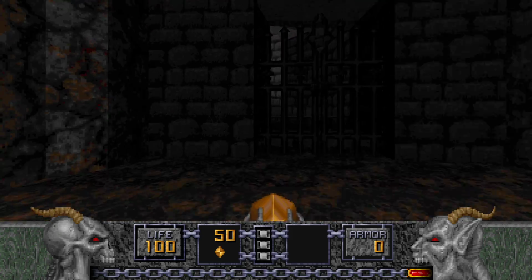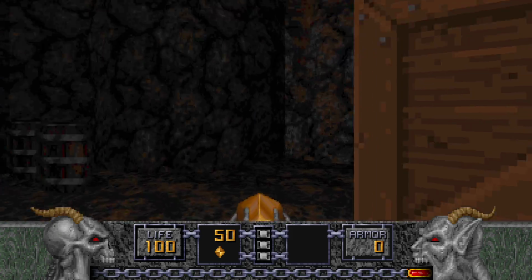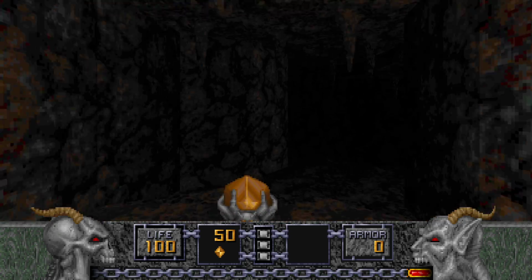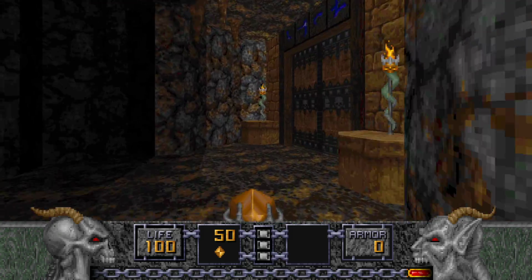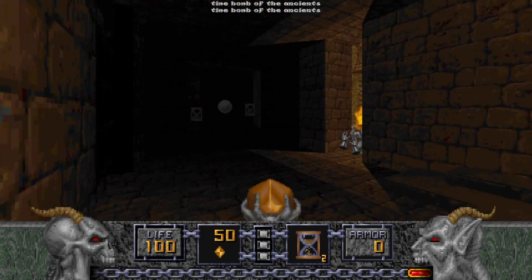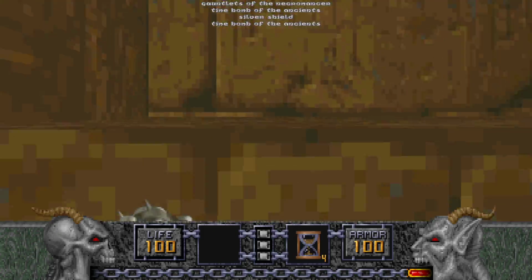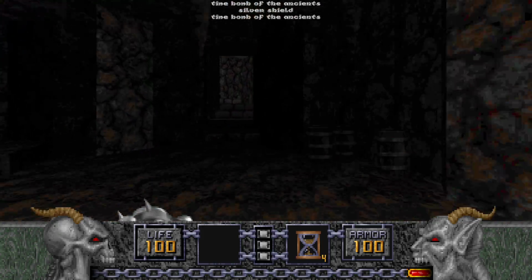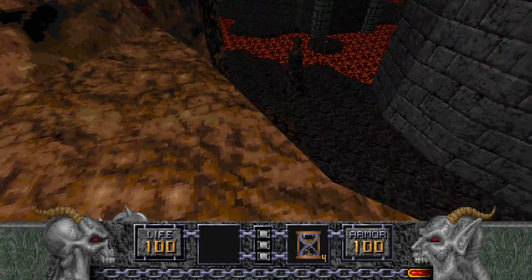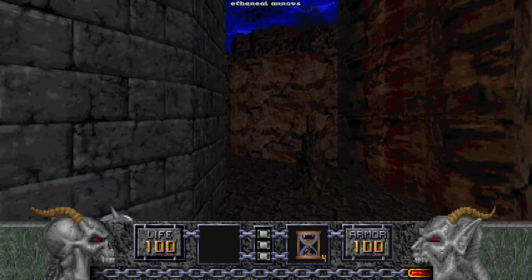So, we start off in this dark area with some arrows. And let's slowly wander through this catacomb and go into this door to grab some stuff like these time bombs, the gauntlets, and the shield. Now that we have all of that, we can go up here, drop down onto this to grab more arrows,